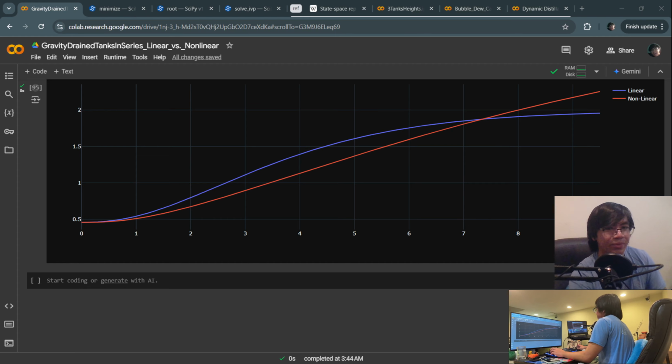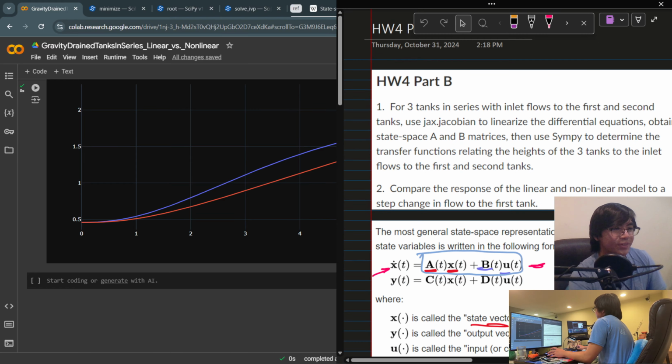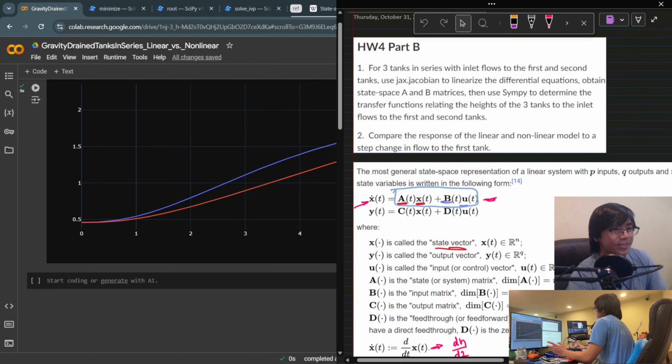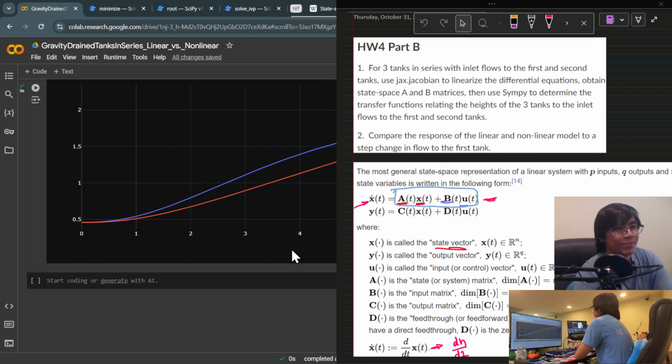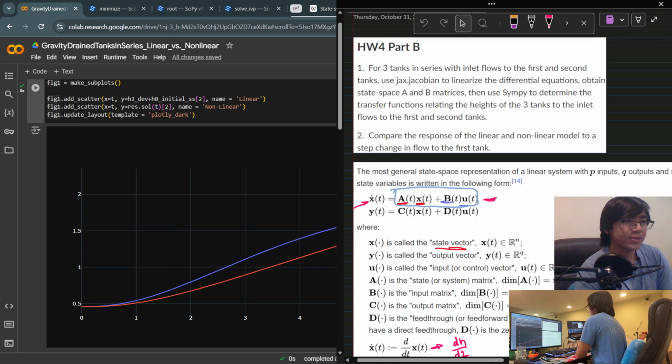So actually, what was it asking for? Compare the responses? Yeah, it's just less accurate, honestly. But now, since we have this transfer function, we can do stability analysis. Hopefully, is what I'm thinking we're doing after this. I'm not quite too sure, so don't quote me on that. But since we're done here,